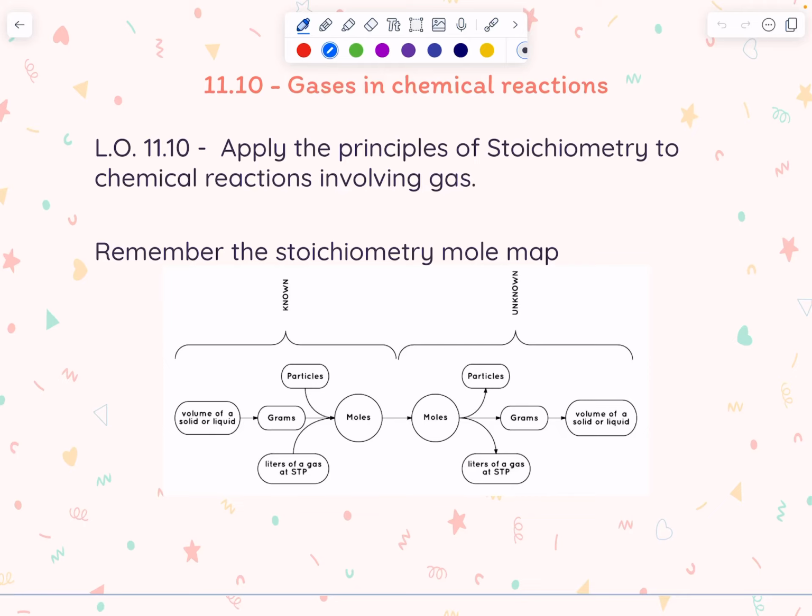Okay, so in this section, what we are doing is combining what we already know about stoichiometry with what we now know about gases. If we remember this stoichiometry map, it told us that whatever we were given, if we were given number of atoms or molecules of a compound, if we were given mass of a compound, if we were given volume of a gas at STP, or volume of a solid or liquid, we could, through